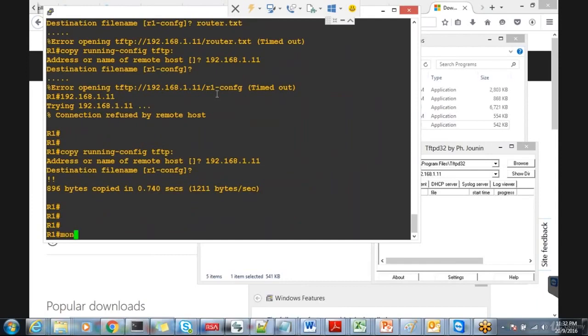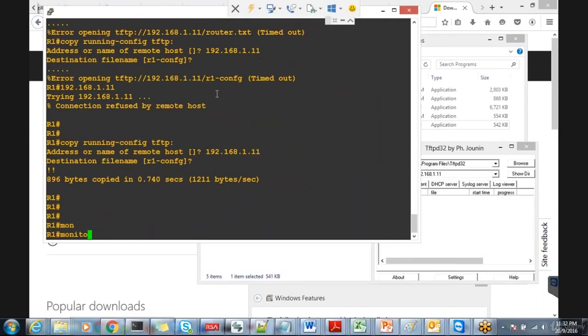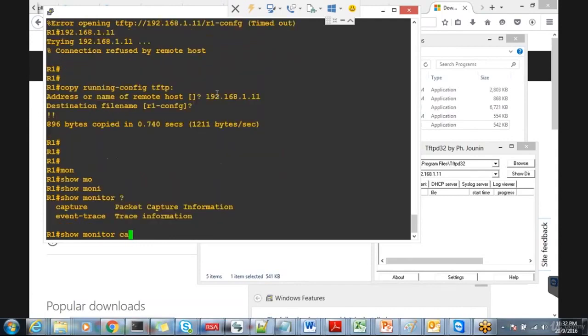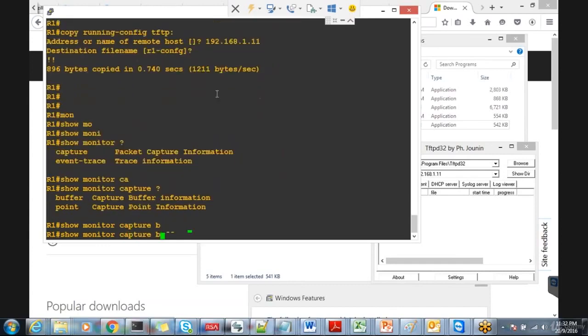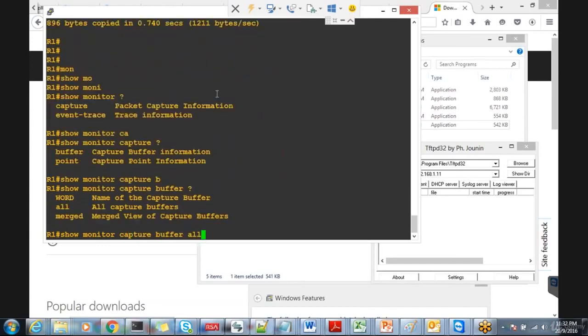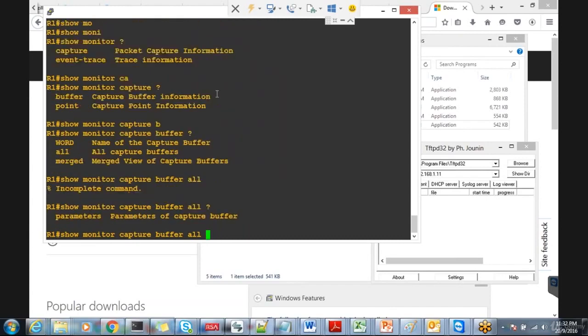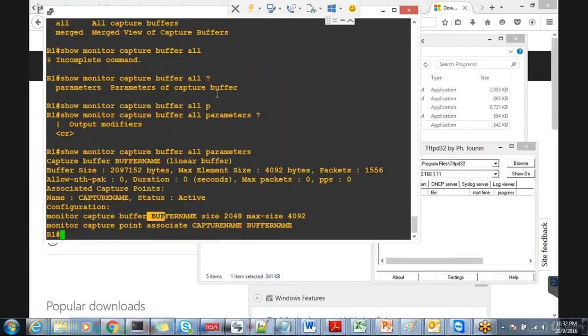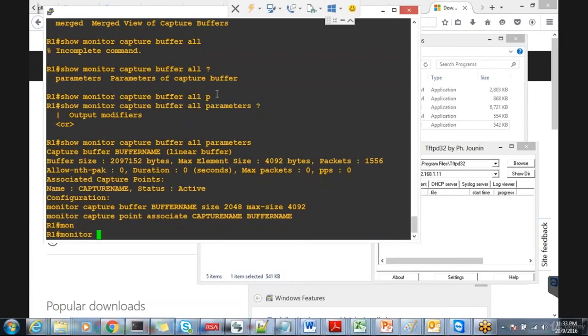For that you can use monitor, and before doing that, let me check the files. That is the capture buffer file. Show monitor capture buffer all, and then you have to give the parameters as well. This is my buffer name. Okay, now I can do monitor capture